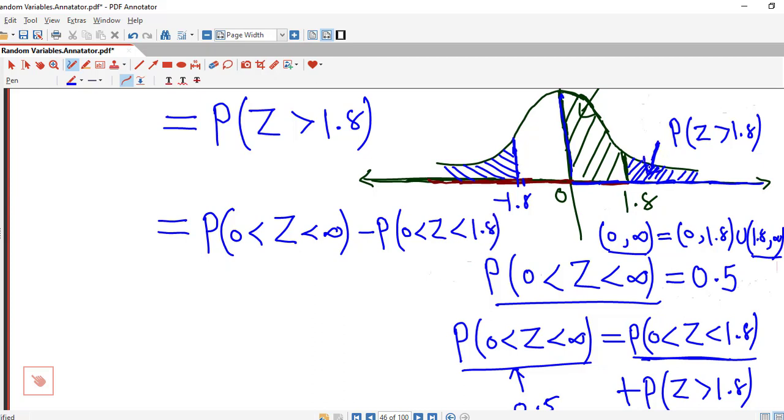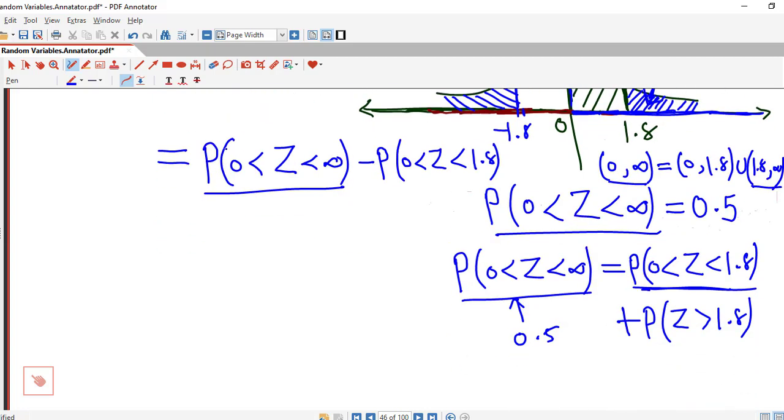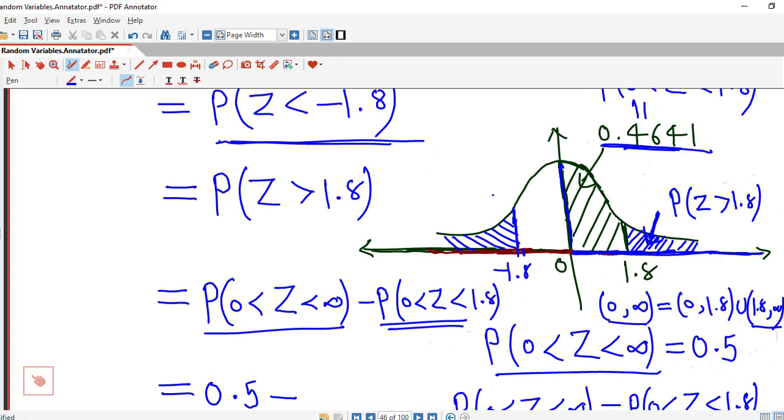This area shaded by blue lines will be equal to the total area to the right side of the y-axis, which is the probability that 0 less than z less than infinity, minus this area shaded by green lines, the area between 0 and 1.8. Now this area to the right side of the y-axis is 0.5, and we are given this value,